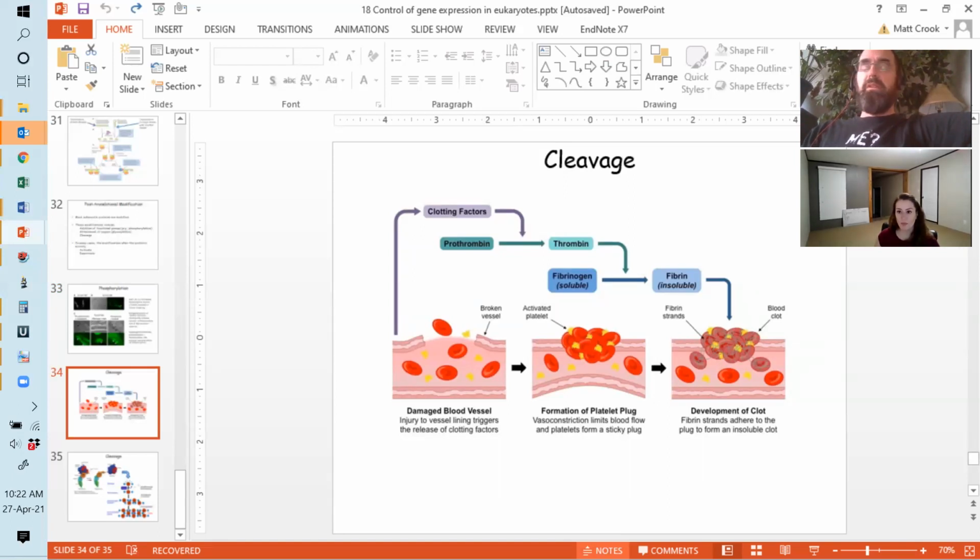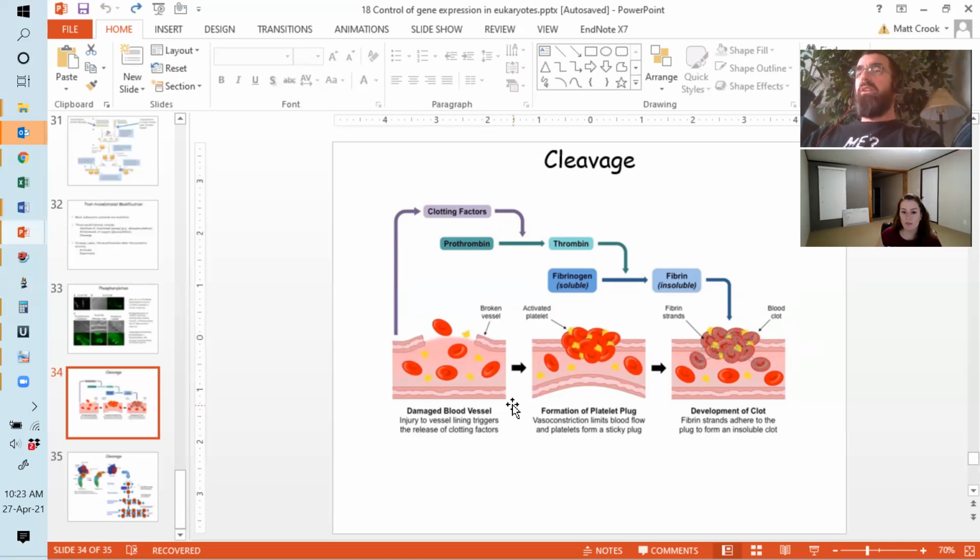Bad stuff starts happening. And also, this is a hole in you, right? And this is a way in which stuff that shouldn't be in you can get inside you, such as bacteria and fungi and various other nasties, right? And so you want to seal that hole as quickly as possible. And so what happens in a normal individual, obviously, if you're a hemophiliac, this doesn't happen, which is why hemophilia is so dangerous. In a normal individual, once that blood vessel gets broken,